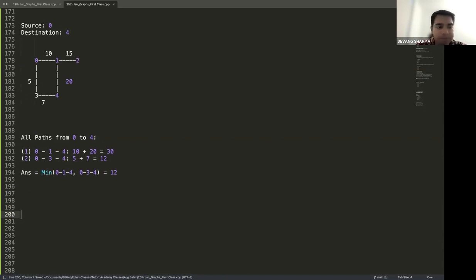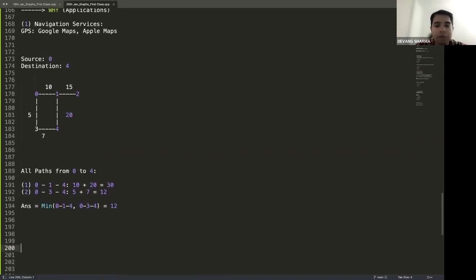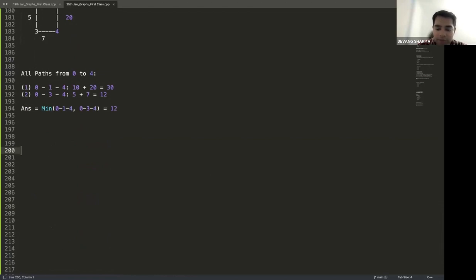This part clear to all? So this is how graphs are used in the navigation services, the first use case. The second application is networks and topology